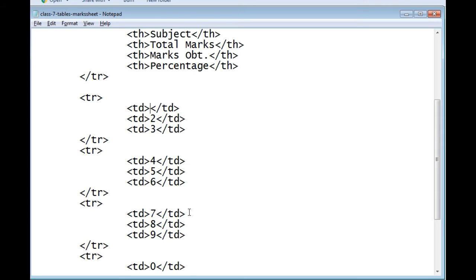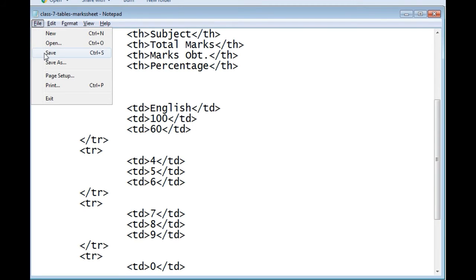Now I put the data. The data is, for example, subject 1 is English. Okay, total marks are 100. Marks obtained are 60. Okay, see the output. File, save.